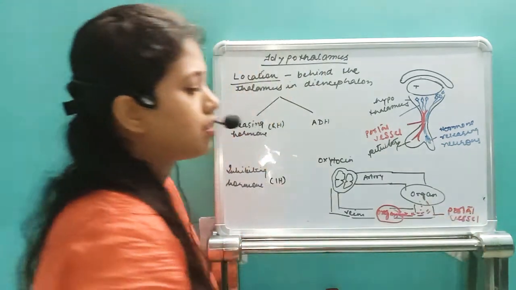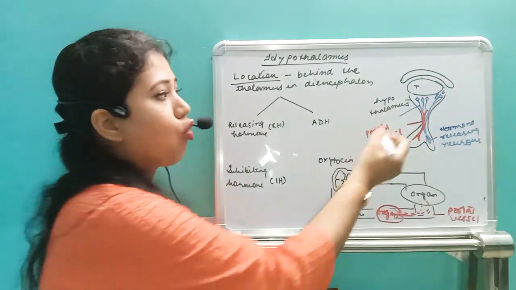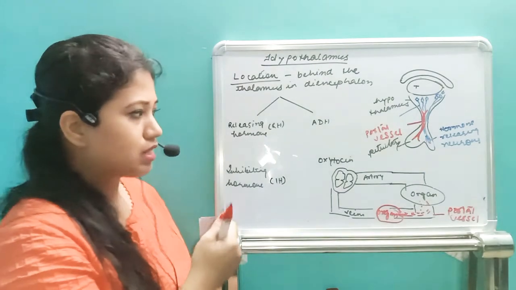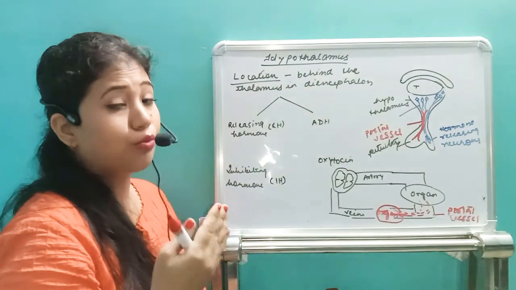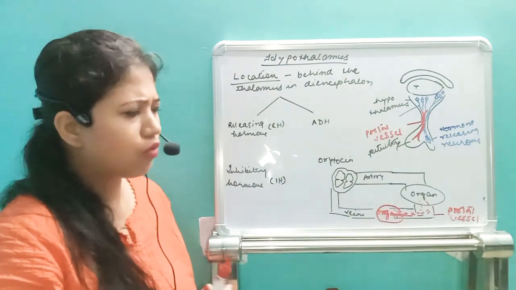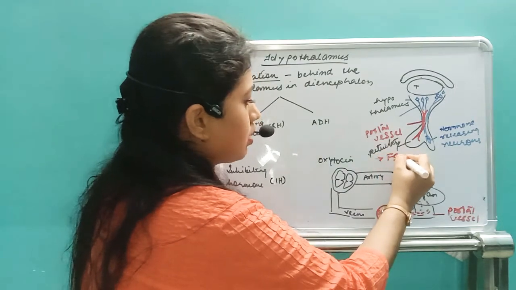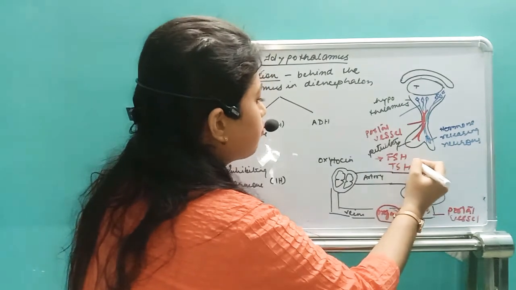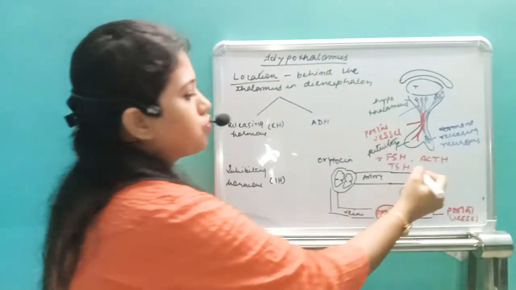So we have the hypophysial portal system here, which carries the hormones RH and IH from the hypothalamus into the blood vessel. Then the portal blood vessel takes the RH and IH to the anterior pituitary. Now, one hormone I will tell you about is that the pituitary gland releases a hormone called FSH, or suppose TSH, or suppose ACTH, or suppose GH.